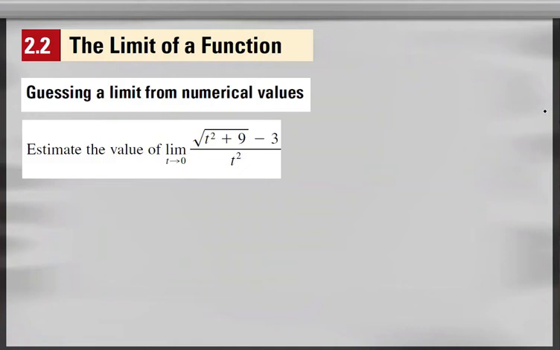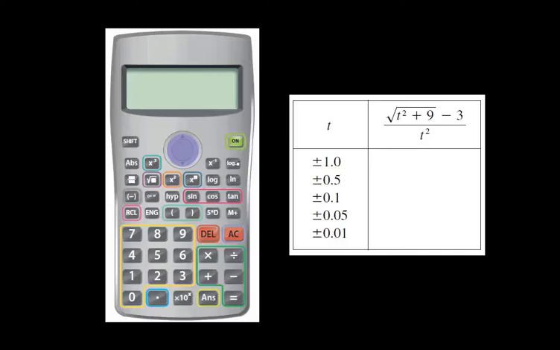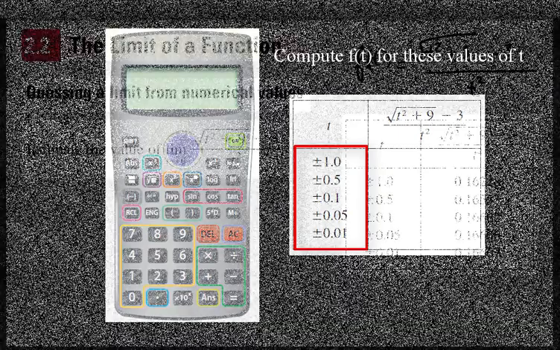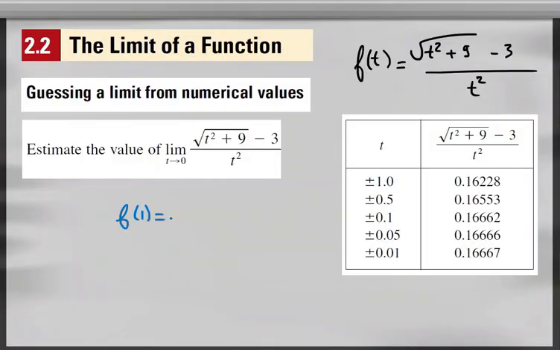Estimate the value of the limit of the function square root of t squared plus 9 minus 3, divided by t squared, as t approaches 0. Using your calculator, compute the values of f of t for 1, 0.5, 0.05, 0.01, etc. f of 1 is root of 1 squared plus 9 minus 3 over 1 squared, which is root of 10 minus 3 divided by 1, and this is approximately